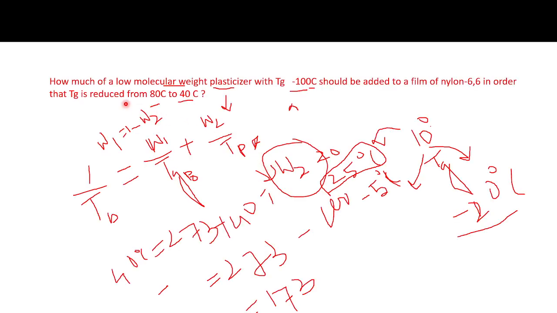Then we talked about an equation for a polymer blend: how much plasticizer we need to add into a polymer system to reduce the glass transition temperature. It is the equation where the Tg of the blend equals the weight fraction of the Tg of the polymer plus the weight fraction of the Tg of the other component, which should be completely miscible in the polymer system, like a plasticizer that can mix into the polymer system or any polymer blend. From here we can calculate how much weight fraction of the second polymer,